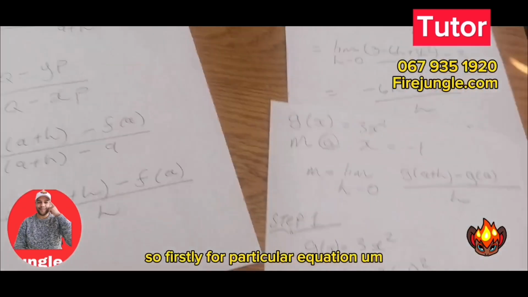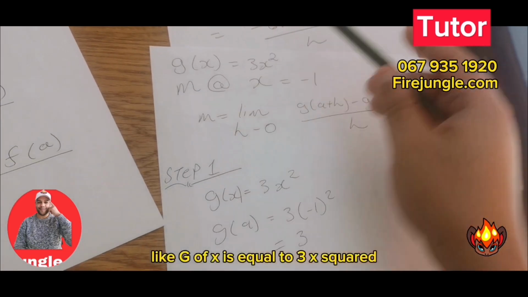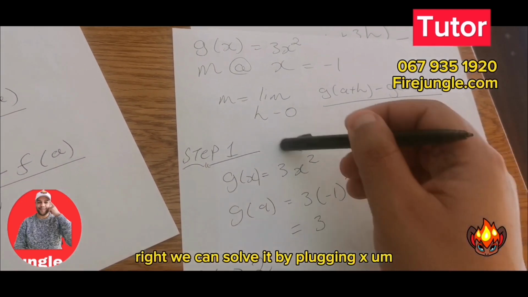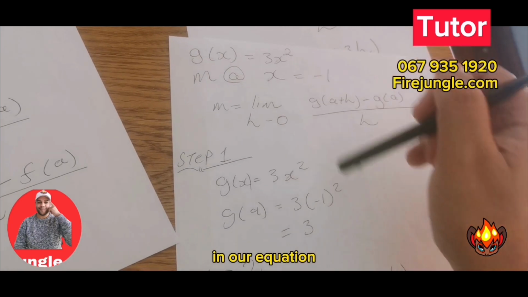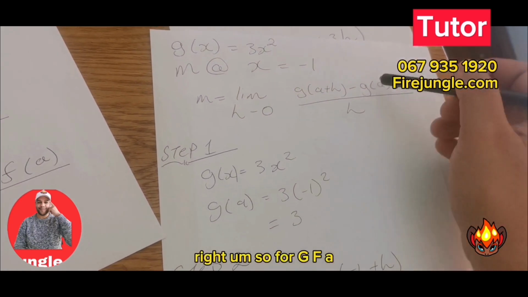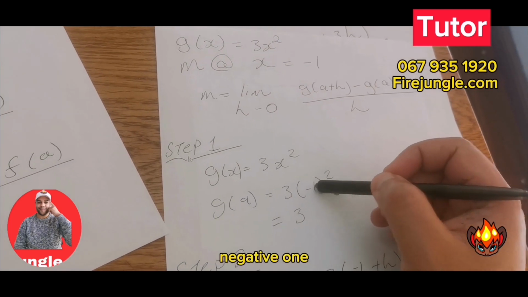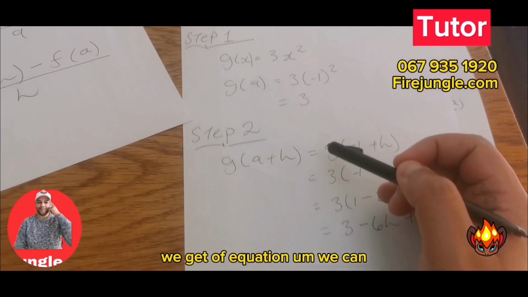So firstly, for a particular equation like g of x is equal to 3x squared, we can solve it by plugging x into our equation, right? So for g of a, we can plug in -1 in the place of x. We get our equation. We can